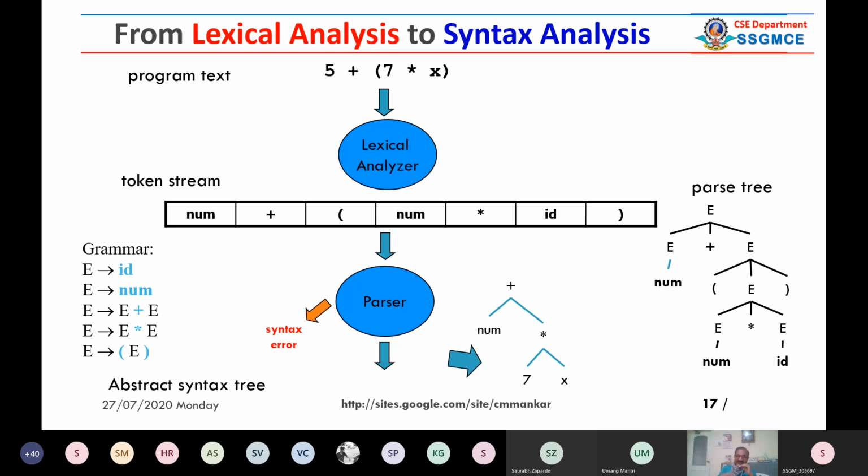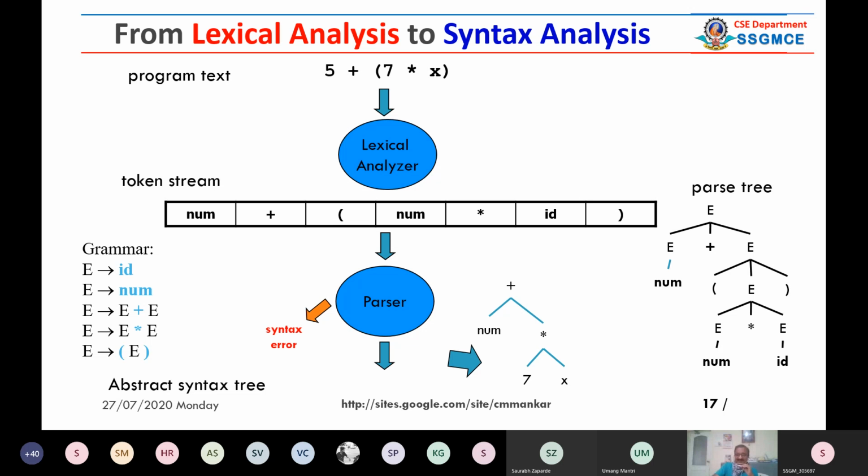Whatever operations you do in syntax analysis, if you don't do them properly, it will affect the performance of semantic analysis. Every phase has input, processing, and output, so all phases affect the performance of other phases.